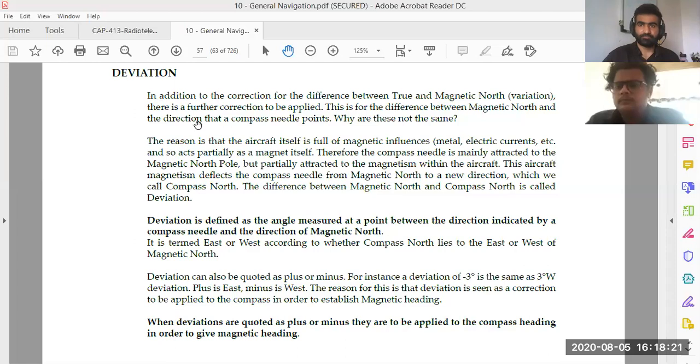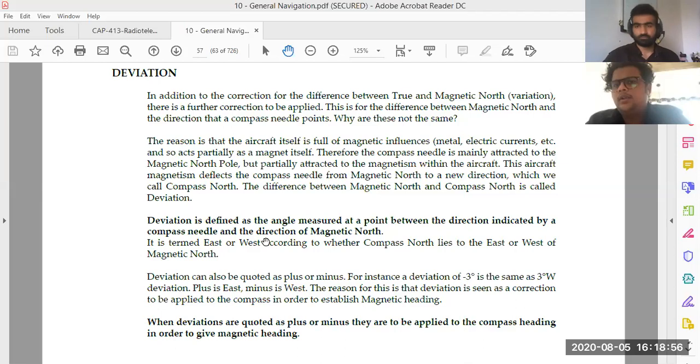Check this. Deviation is defined as the angle measured at a point between the direction indicated by a compass needle and the direction of magnetic north. Basically, the direction indicated by the compass needle. The compass needle, we know, will always give us the direction of compass north. So, the angle measured between compass north and magnetic north is termed east or west accordingly. The deviation will